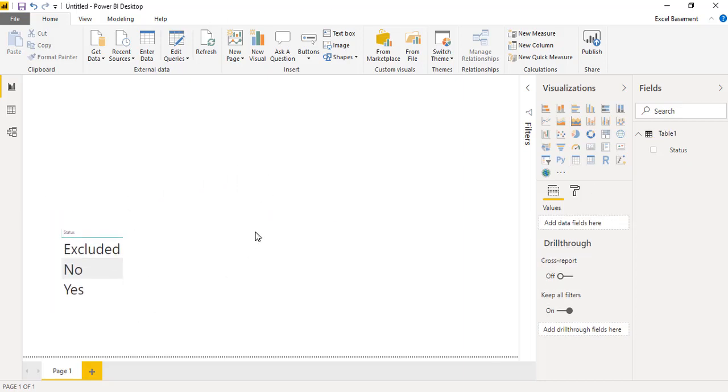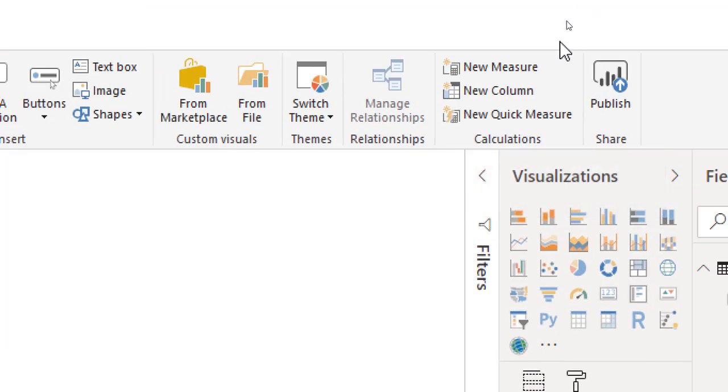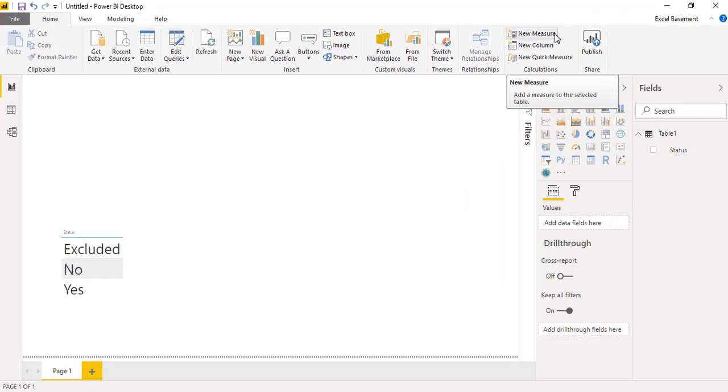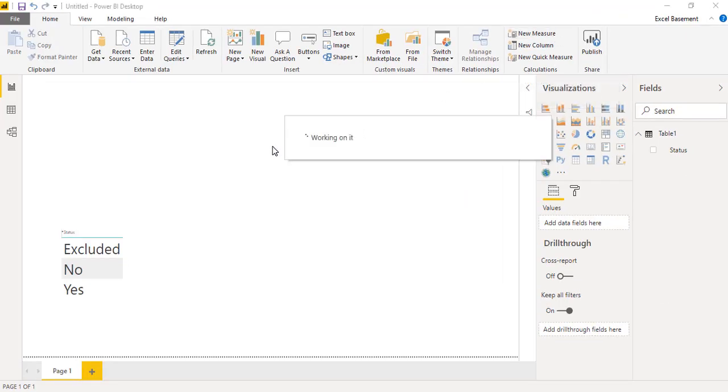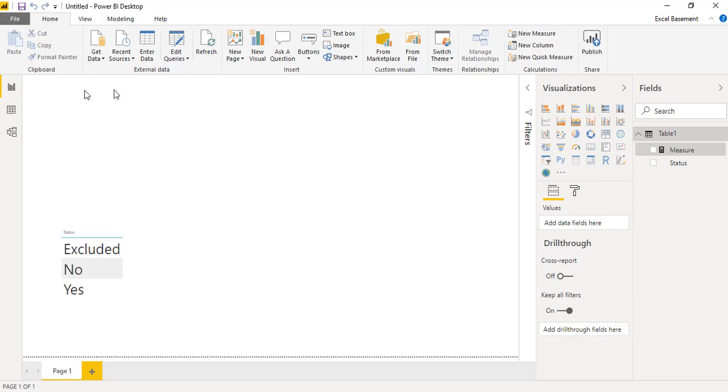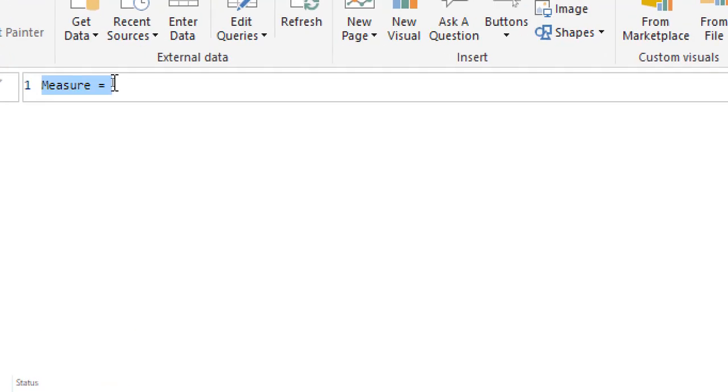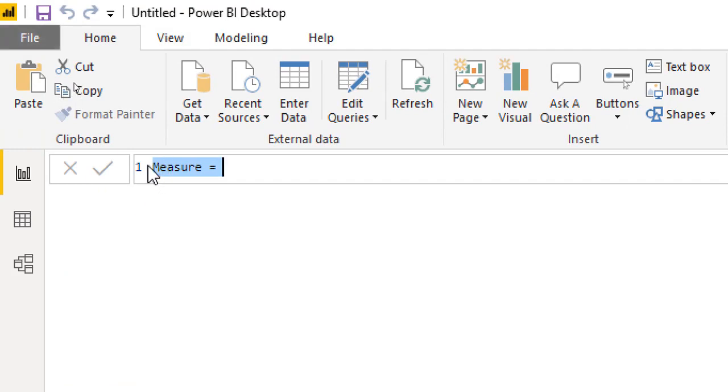First we will be applying one of the DAX, which is called COUNTROWS. COUNTROWS will calculate all the rows within a table and return a number. So let's start. On the Home tab, you need to click on New Measure, which is available right here, as you can see on my screen. When you click on New Measure, just like in Excel, we have a kind of formula bar where we can name the measure. We can name the explicit measure here and write the DAX.